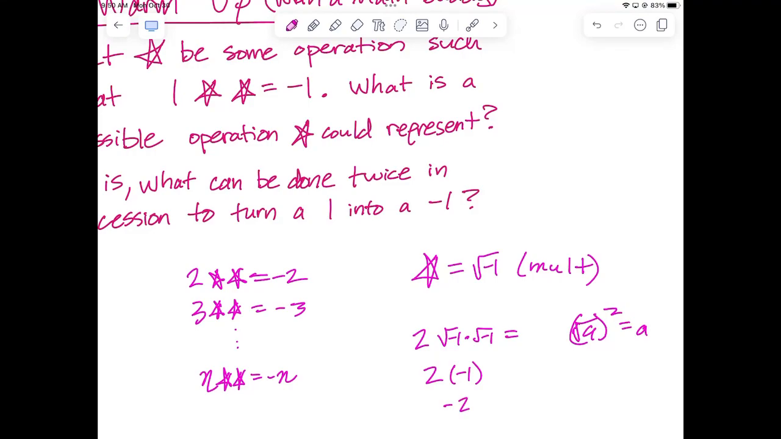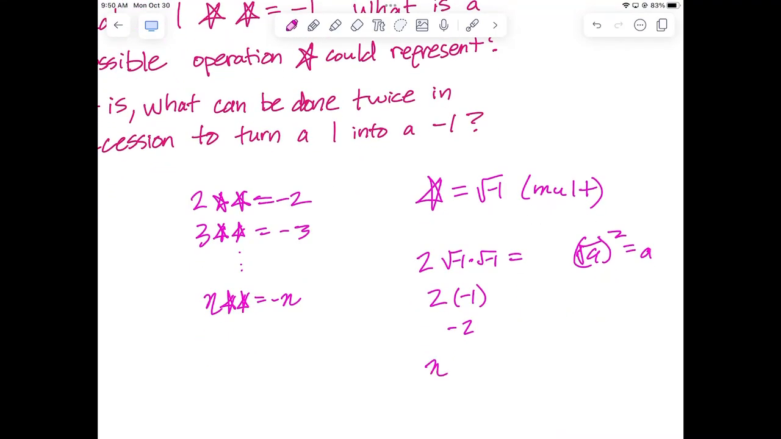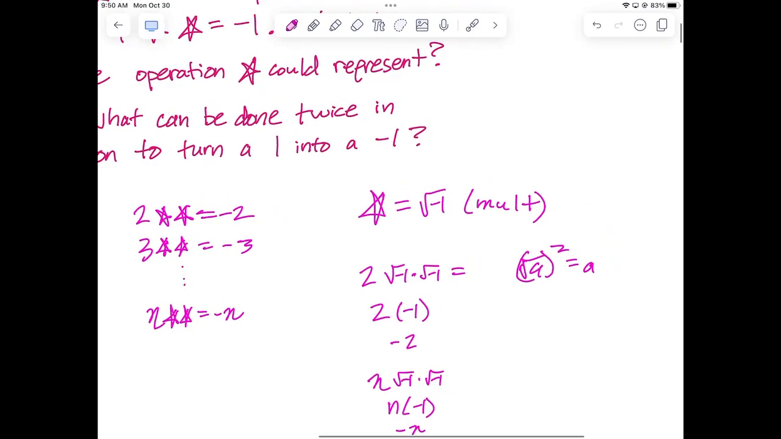Did that work? Shouldn't that work with n as well? Let's see. n times the square root of -1 times the square root of -1 equals n times -1, which equals -n. So congratulations,